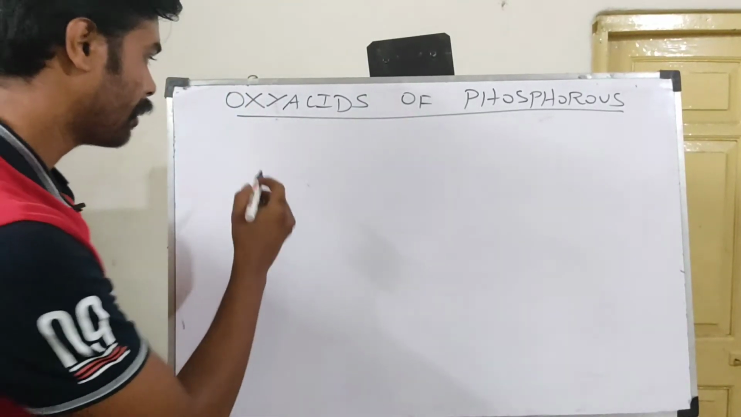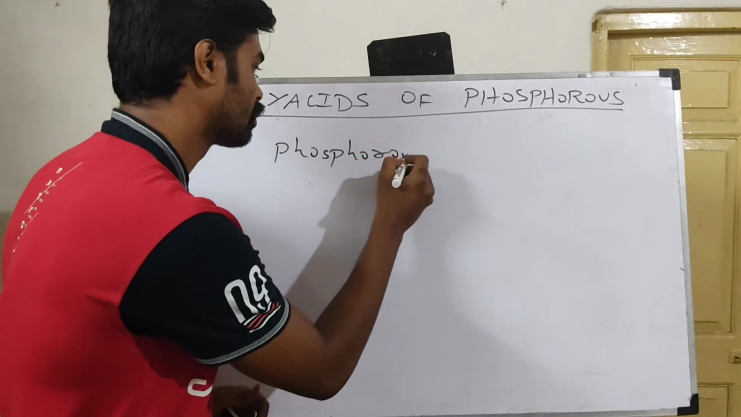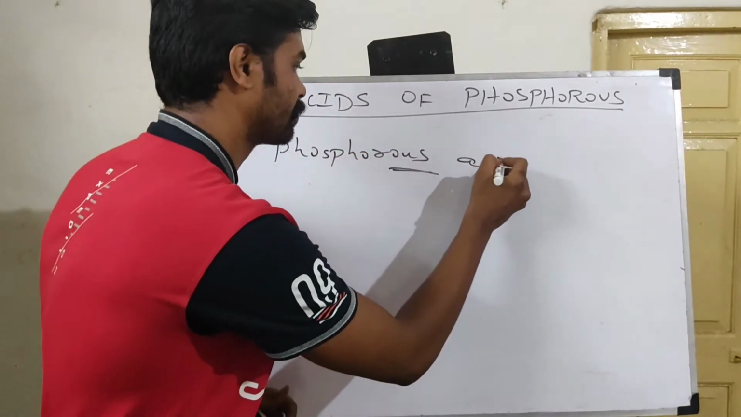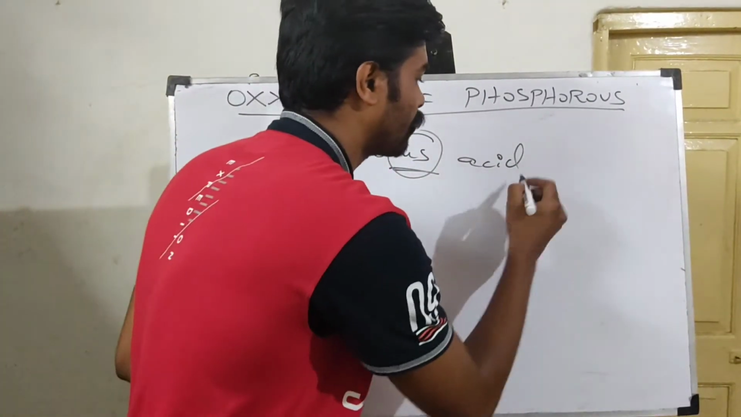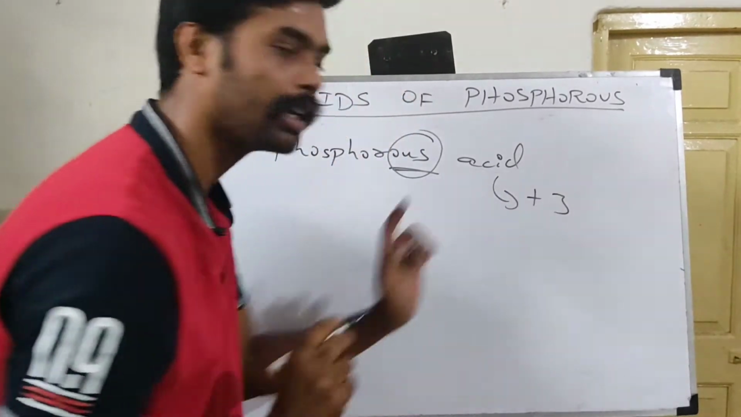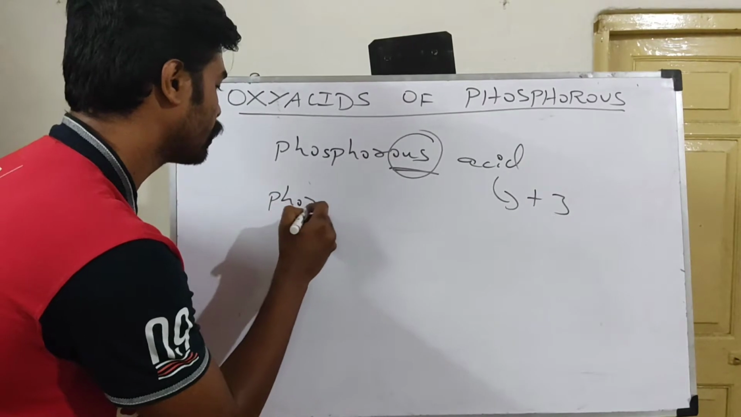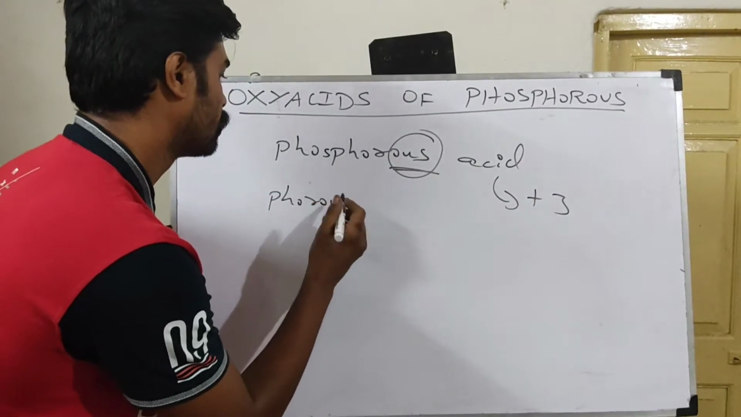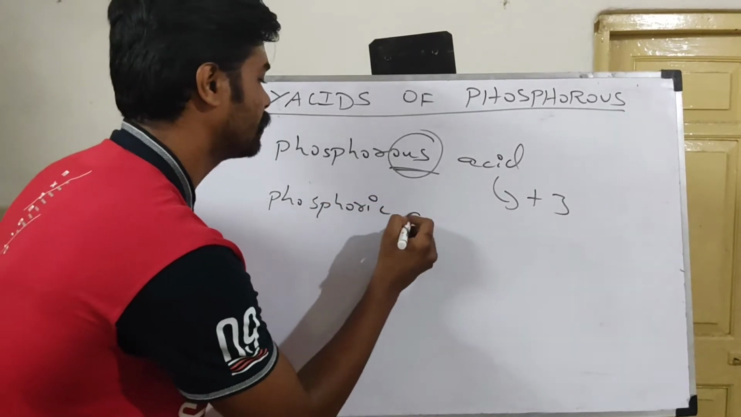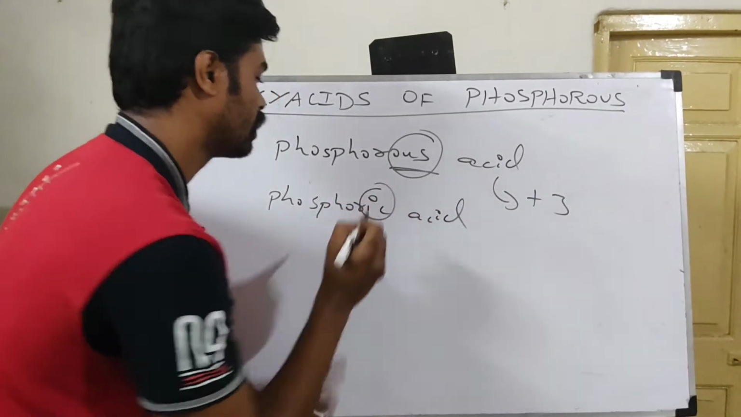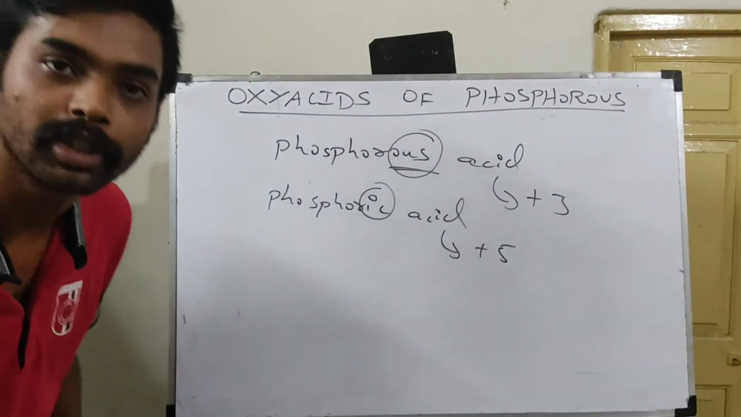Now first thing, whenever you see phosphorus acid, whenever you see this OUS series, understand that the phosphorus is going to be in +3 oxidation state. Simple. Next, whenever you are going to see phosphoric acid, whenever you see this IC, you have to understand that the phosphorus is going to be in +5 oxidation